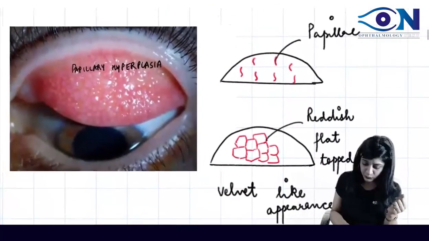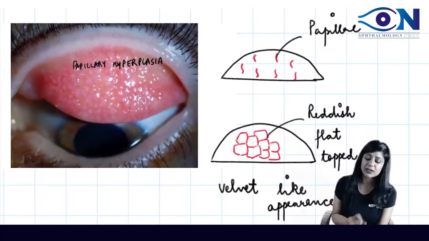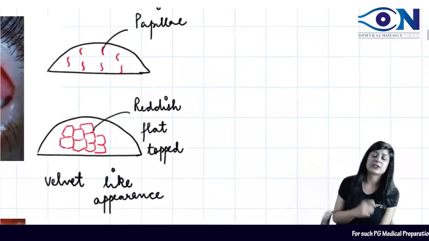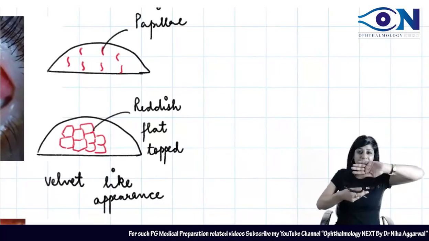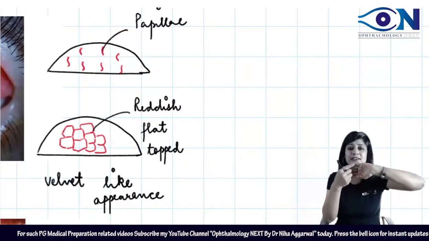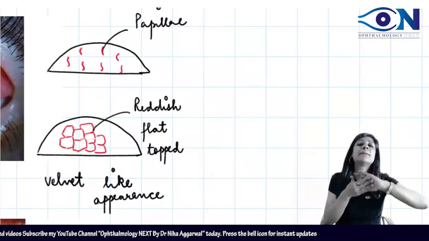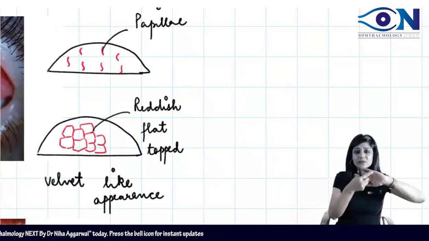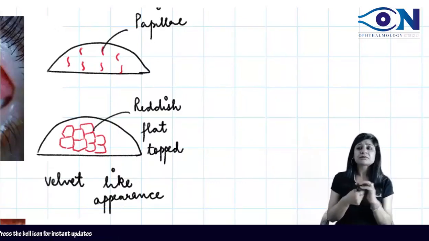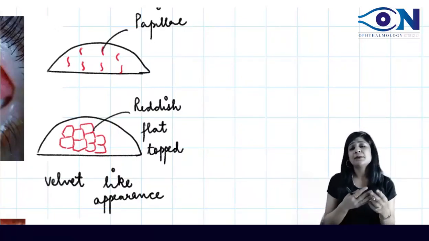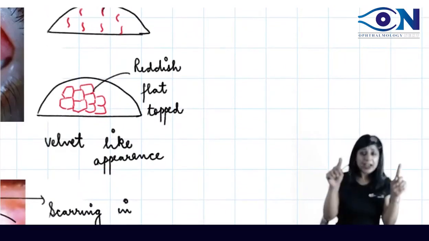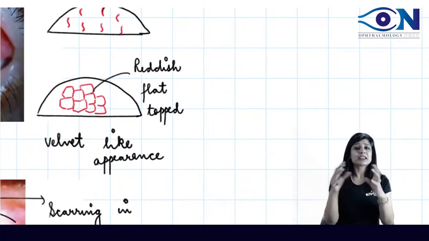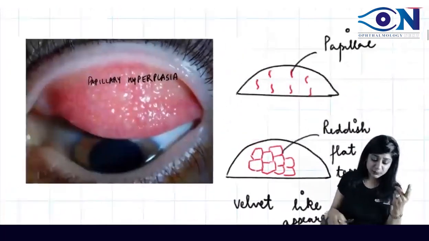Now most of the students have some confusion. What is papillary hyperplasia? First of all, try to understand what is papillae. When you invert the eyelid, you have the blood vessels there. These blood vessels are called papillae. When we have hyperplasia of these papillae, they become something like radish, they are flat topped, they give a velvet like appearance, a beautiful